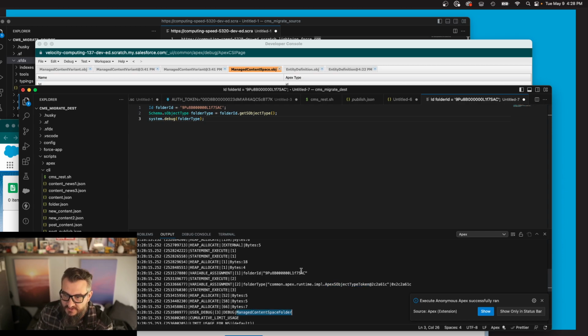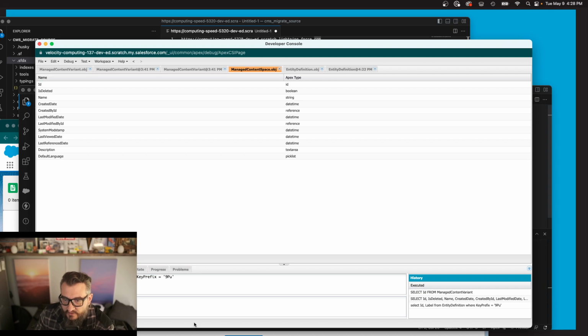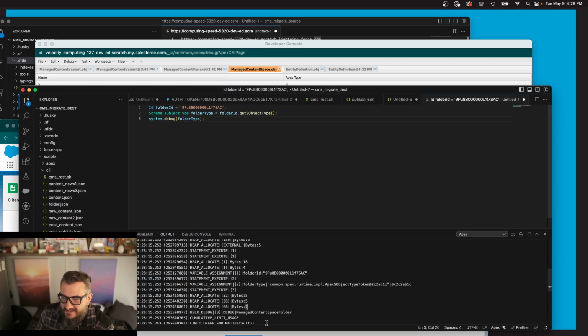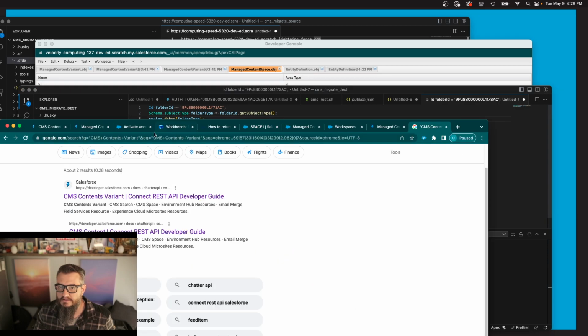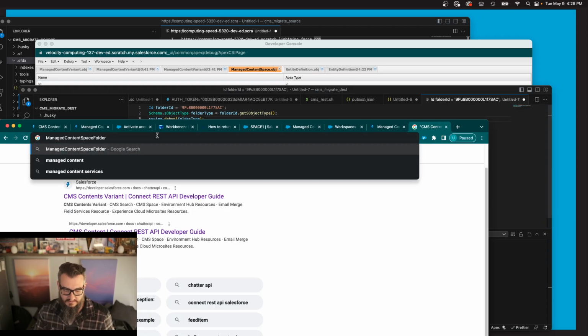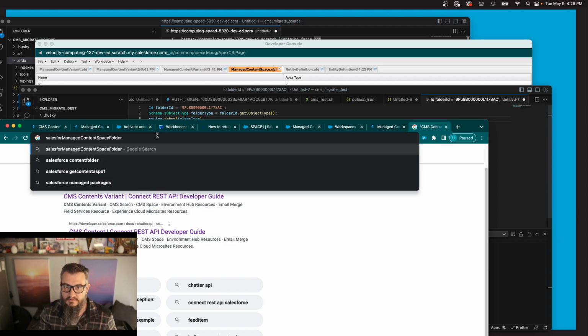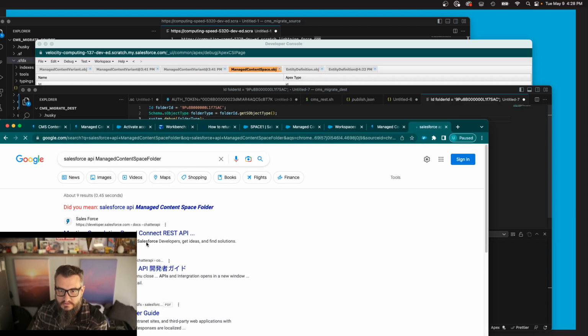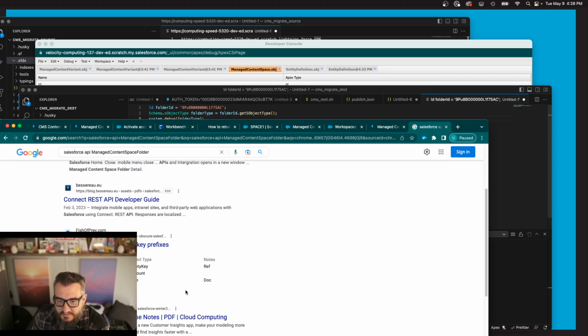Managed content space folder. Okay. And can I get anything from that? Huh. Managed content space